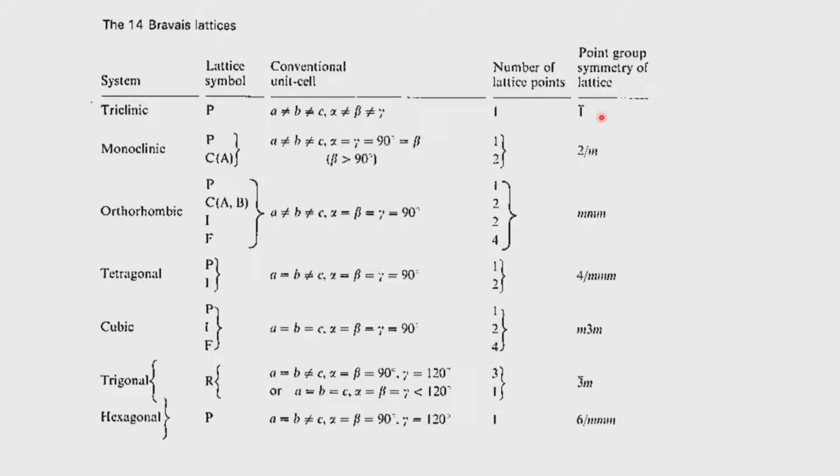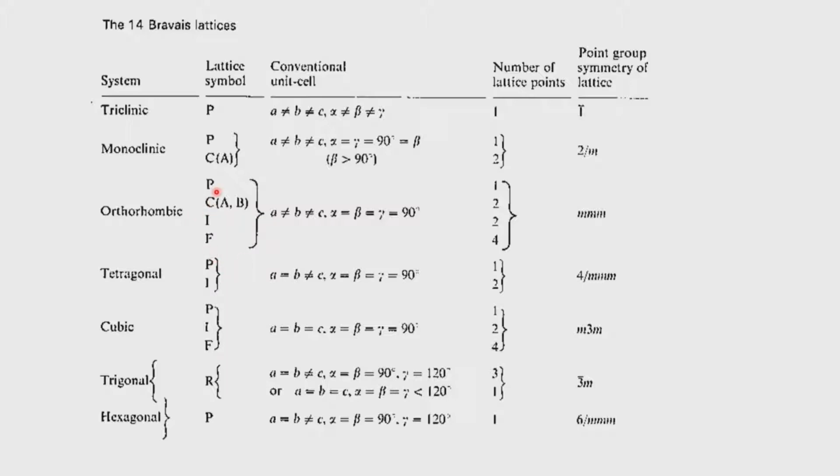So, just by looking at the point group symmetry of the lattice, one should not conclude the point group symmetry associated with that particular crystal system. The crystal system still has 1 and 1 bar, for example, in the case of the triclinic lattice. These are issues which one has to thoroughly remember and understand. In fact, understand it. Once you understand it, you will obviously remember it. It is not given in any textbooks. So, this is something which has to be learnt by practice, and at this time you are learning from this course.